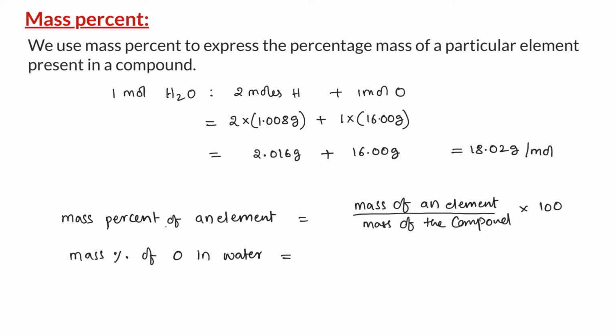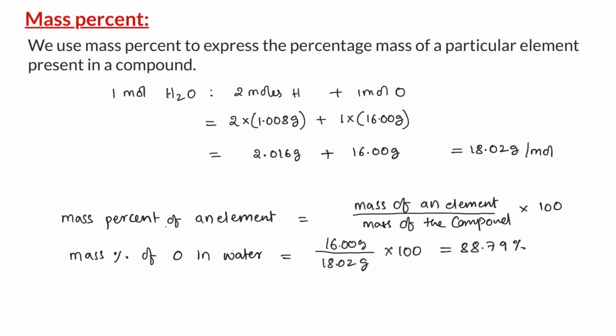We know that for every 18.02 grams of water, 16 grams is contributed by oxygen. Therefore, the mass of the element, which is oxygen, is 16 grams divided by mass of the compound, 18.02 grams, times 100. It would come out to be